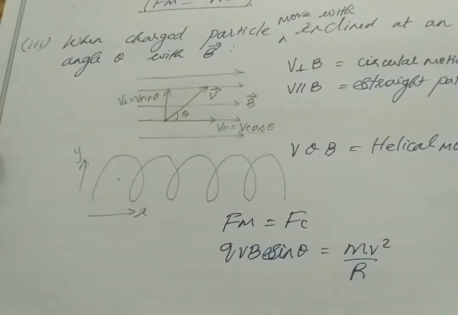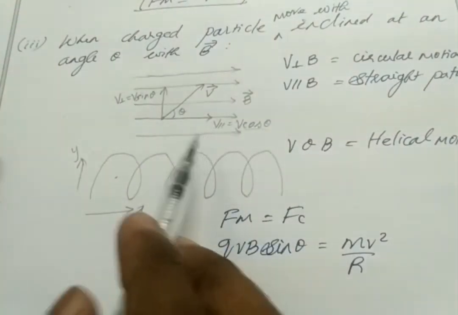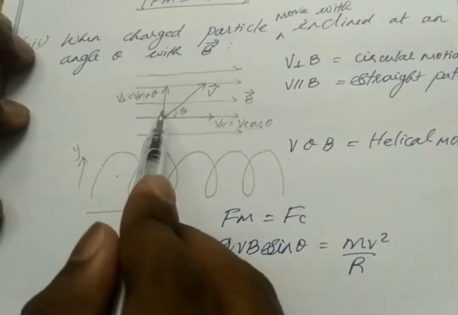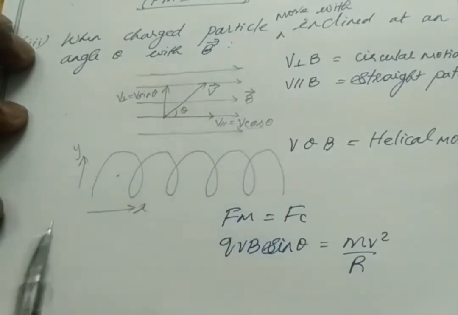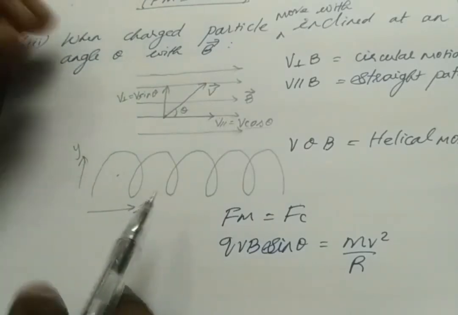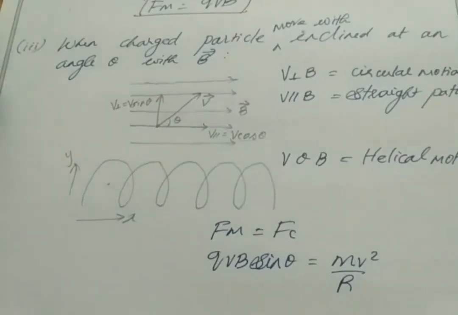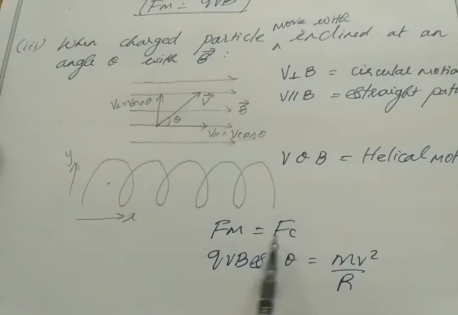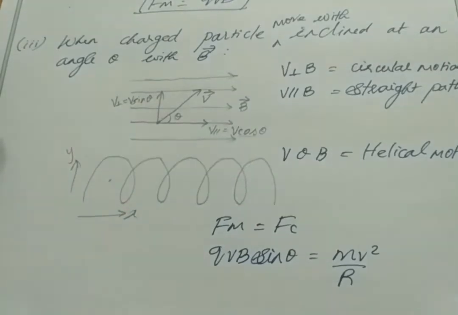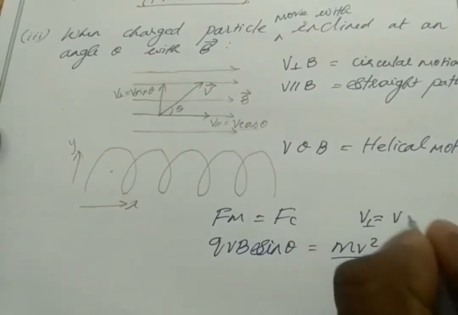Why do we take the perpendicular component? Why not the parallel component? In the parallel component, it moves in a straight path. So in the perpendicular component only we have circular motion, right? So whenever a charged particle moves perpendicularly to the magnetic field, then only we get circular motion. If it is a circle, then only I have a radius, then only I have centripetal force. If it moves in a straight line, then it does not create centripetal force. So centripetal force comes into play when a charged particle moves perpendicularly, which means the charged particle attains circular motion. Okay, so here instead of v, I take the perpendicular component, that is v sin theta.